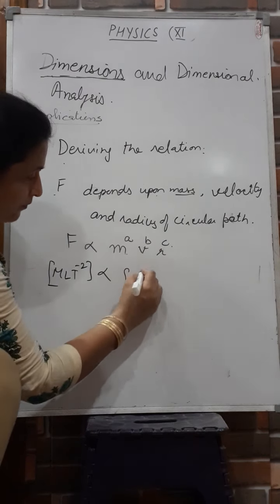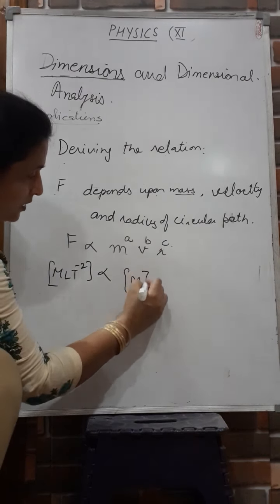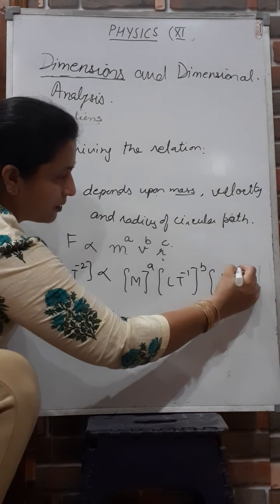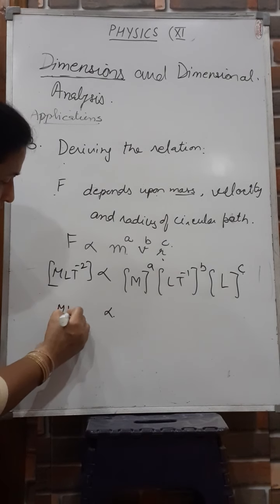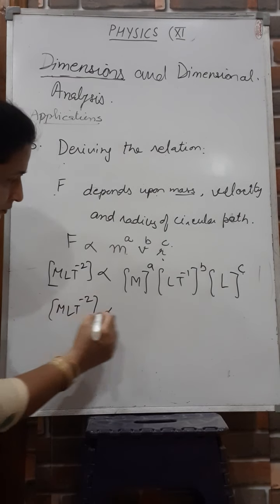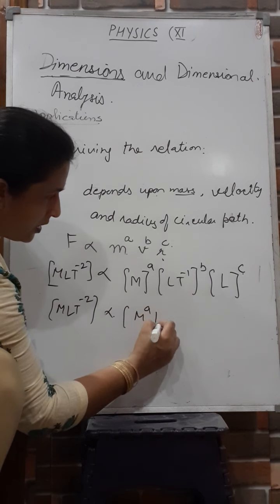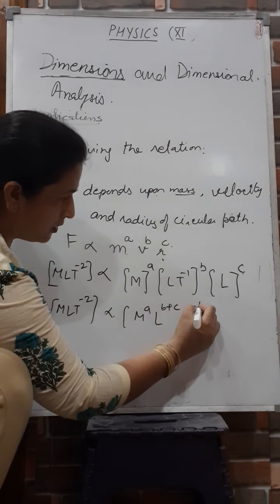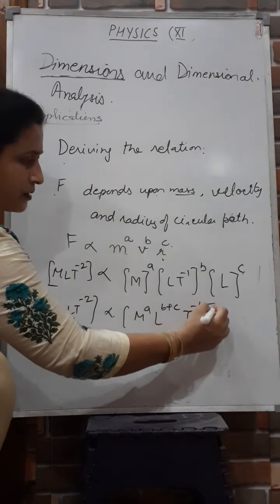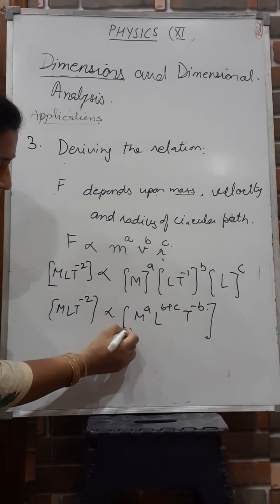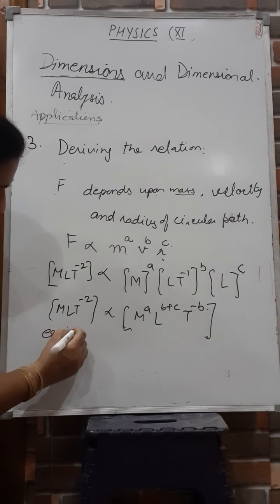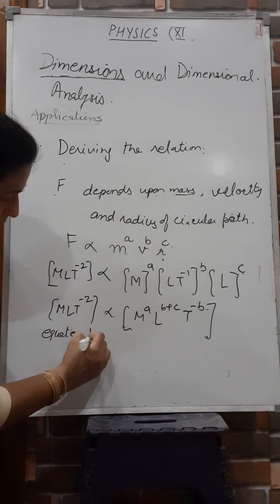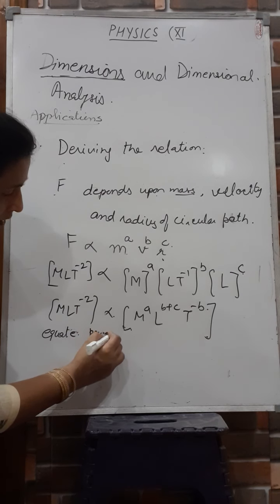Dimensions of mass, M raised to power A, velocity, which is LT^-1 raised to power B, radius, length, raised to power C, is proportional to M^A L^(B+C) T^-B. Bases are same, powers are added. Now equate powers of mass, length and time